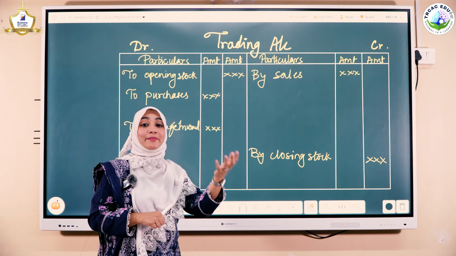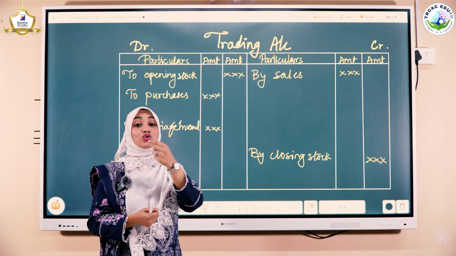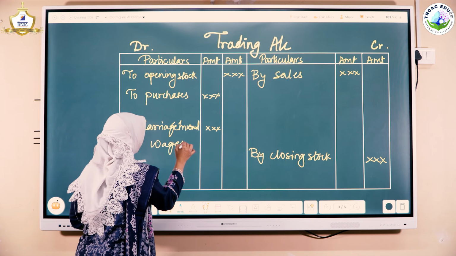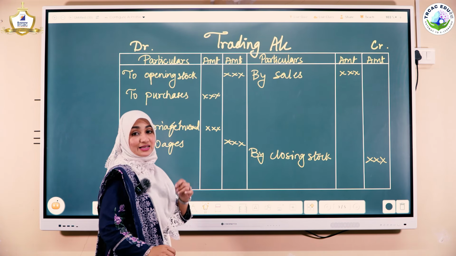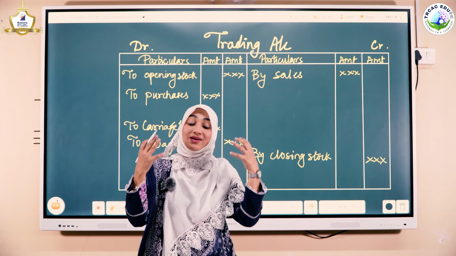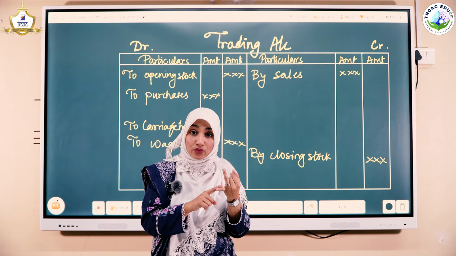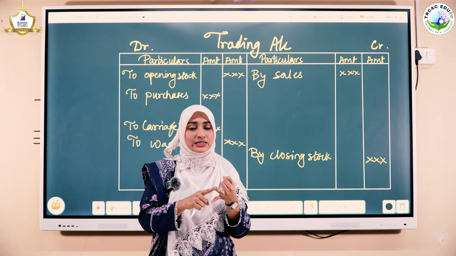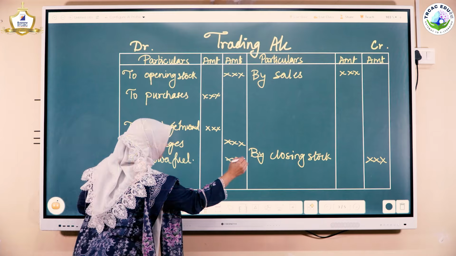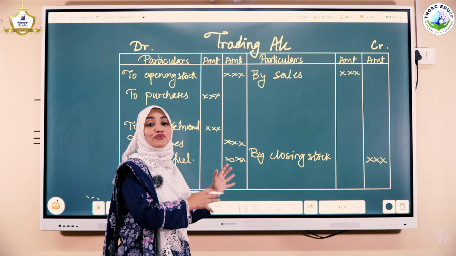The next is, if I am having material, I also need workers who will be working on those. So labor, and what do we pay to the labor? Wages. So the next expense is wages. And the last and important one, if I am having a factory or a warehouse, so I need power, fuel, electricity to run that factory. So the next element is either power, fuel, factory electricity, gas, diesel, anything which comes into the power part. Correct? So these are the important Panch Tantra which are the part of your trading account.